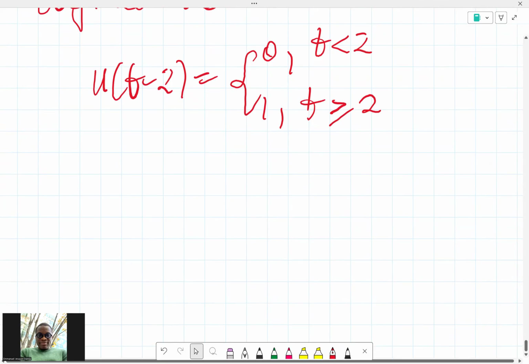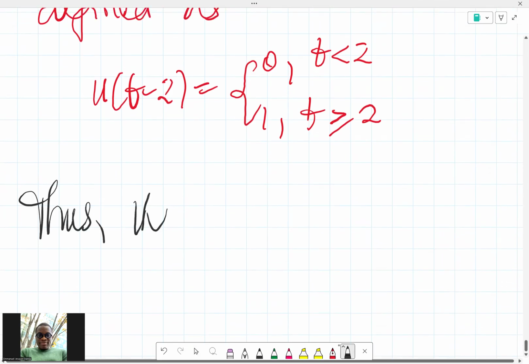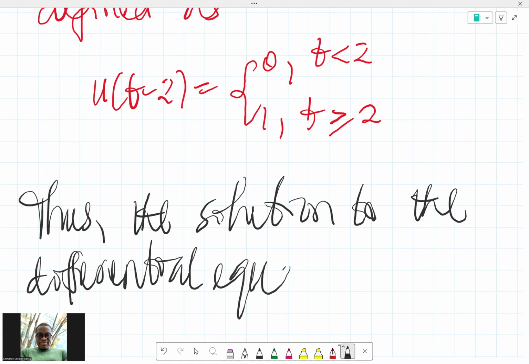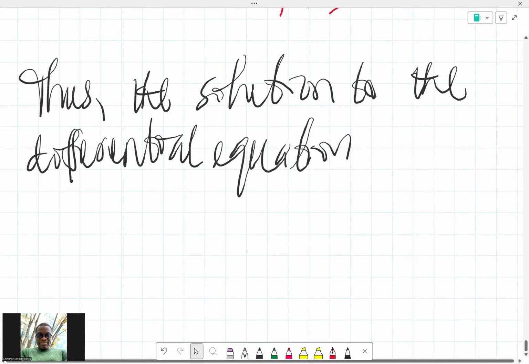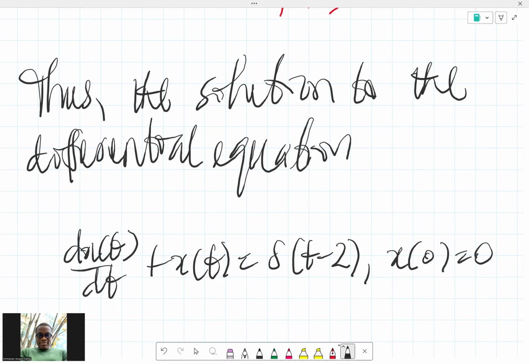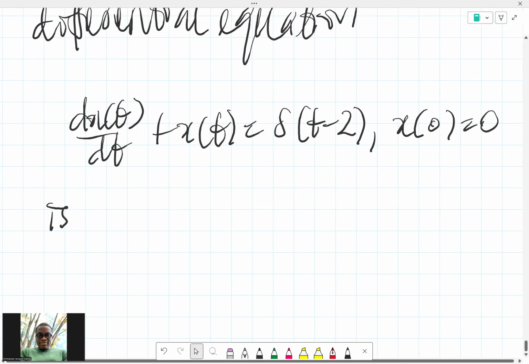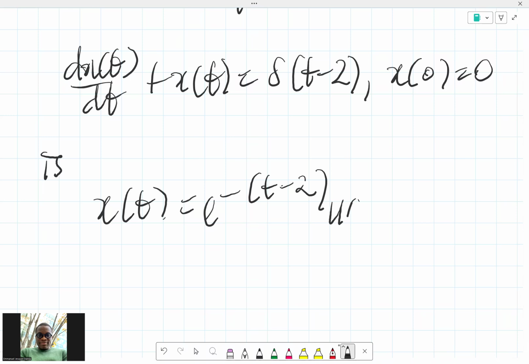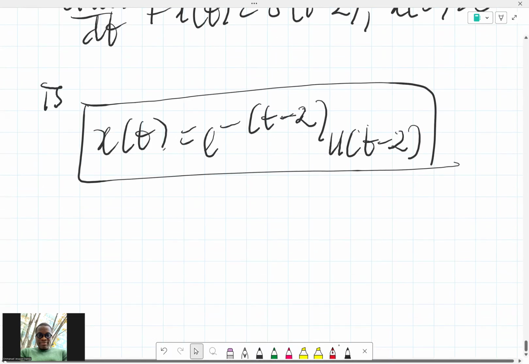So what can we say? Thus, the solution to the differential equation dx of t over dt plus x of t equals delta of t minus 2, with initial condition x of 0 equals 0, is what we just got: x of t equals e raised to power minus (t minus 2) times u of t minus 2. That's the solution right there,